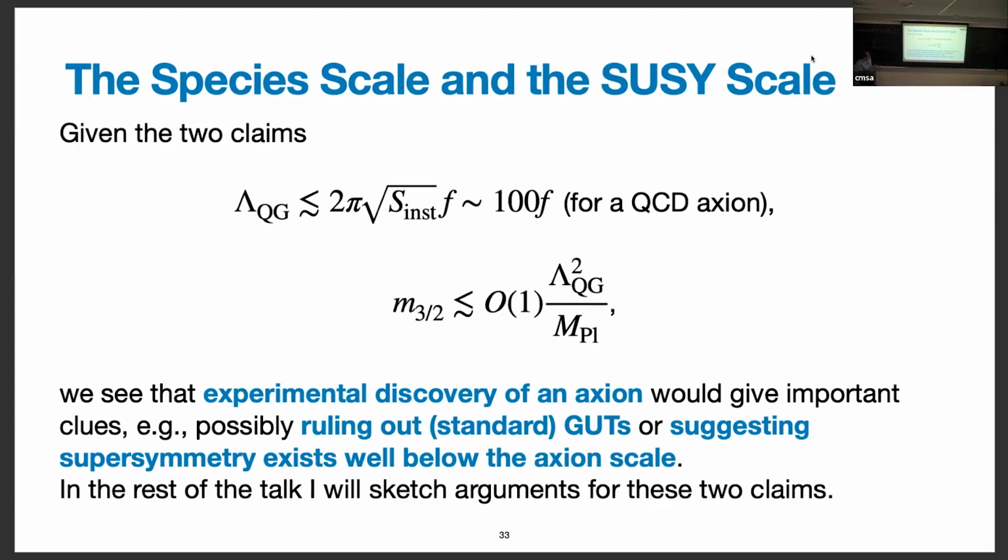Maybe it's also worth noting that in the dark dimension scenario that we've been hearing a lot about the last couple of days, the species scale is something like 10^9 or 10^10 GeV. So again, it's way below the Planck scale. And in that context, you might expect that the axion decay constant is not so far from that scale, which is also something that Kamran and Naomi wrote a paper about a year or two ago.